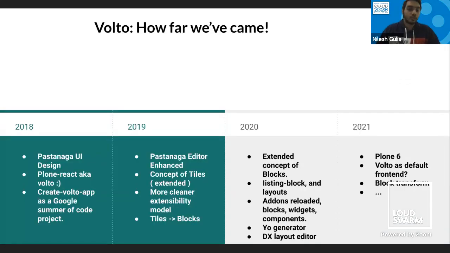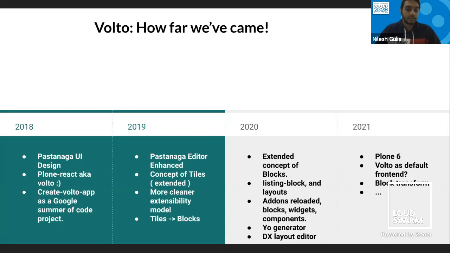So coming back to the progress we have made from 2018 to this year. In 2018, as far as I am involved with the community, it started with creating the Pastanaga design by Albert Casado. Then he gave us the design in Zeppelin, and all the development started.